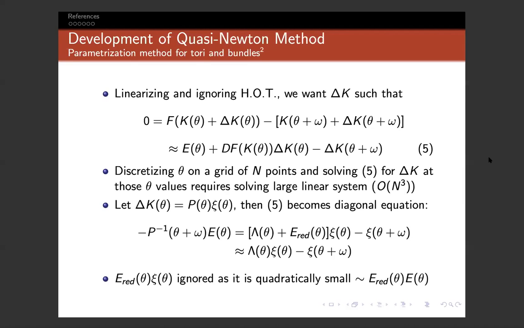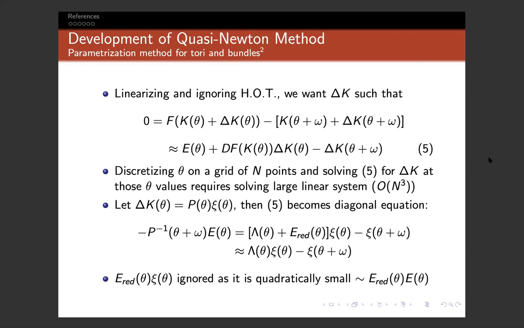And now if you want to solve this equation 5 directly for delta K, what you have to do is you discretize theta on a grid of n points and then solve it for delta K at all of those n theta values simultaneously. And doing that requires a large linear system because, in our case, the phase space is 4-dimensional, so you have a 4n by 4n system. So if you want to use just a Newton method on that. So instead of doing that with this huge linear system,